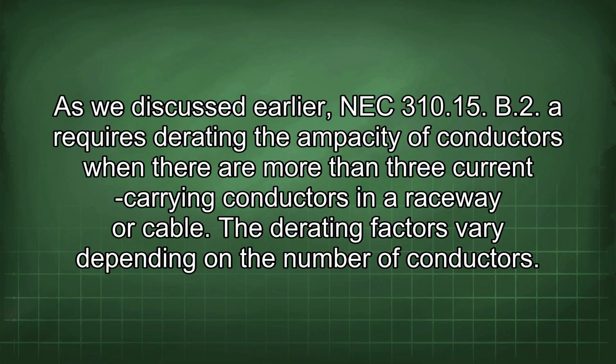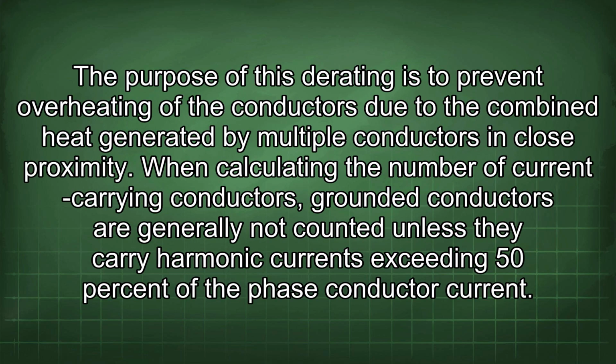As we discussed earlier, NEC 310.15(B)(2) requires derating the ampacity of conductors when there are more than 3 current-carrying conductors in a raceway or cable. The derating factors vary depending on the number of conductors. The purpose of this derating is to prevent overheating of the conductors due to the combined heat generated by multiple